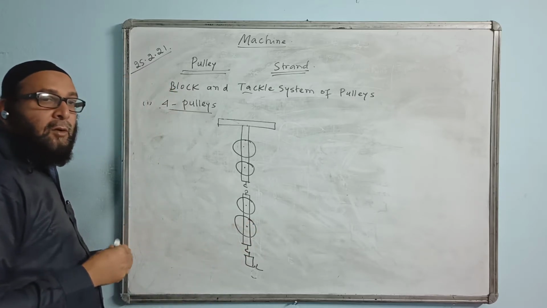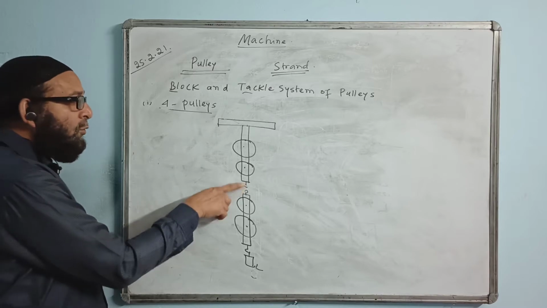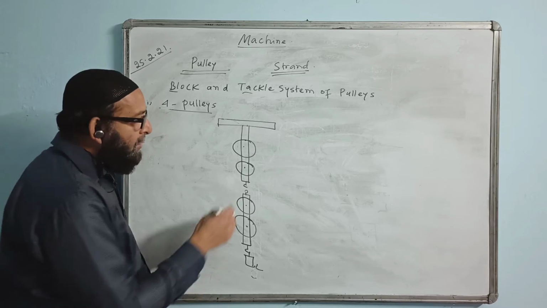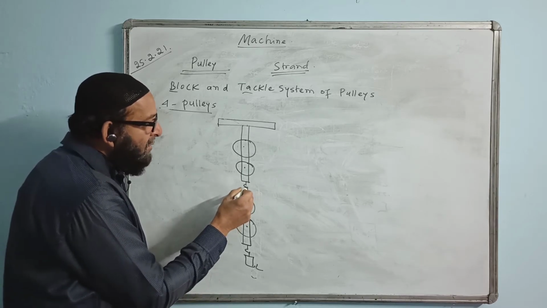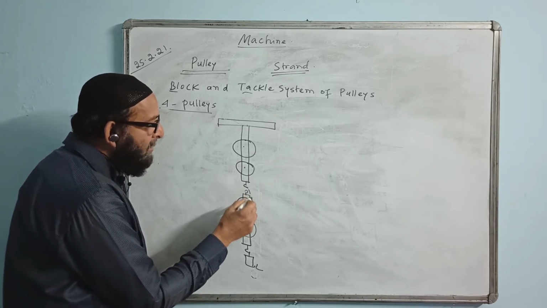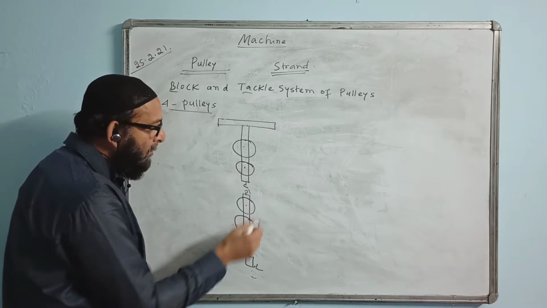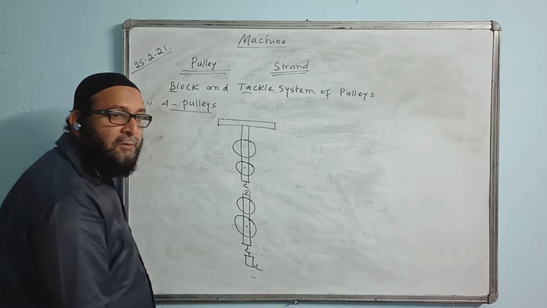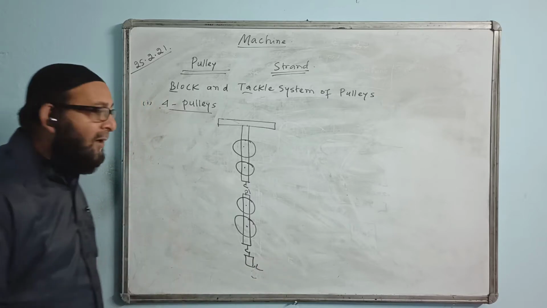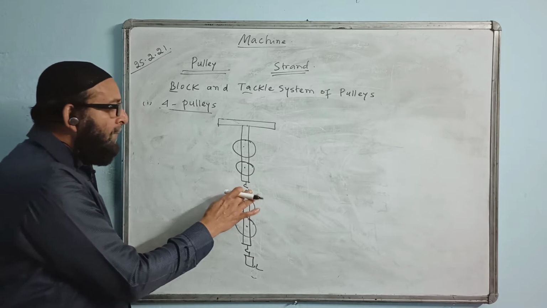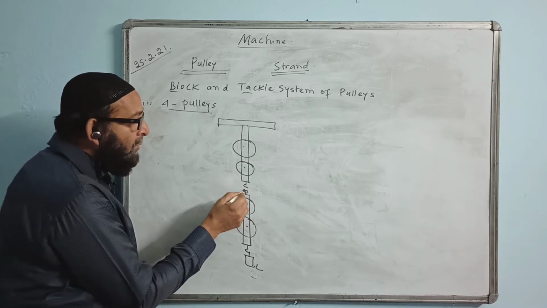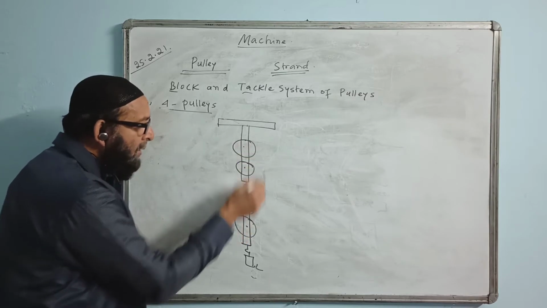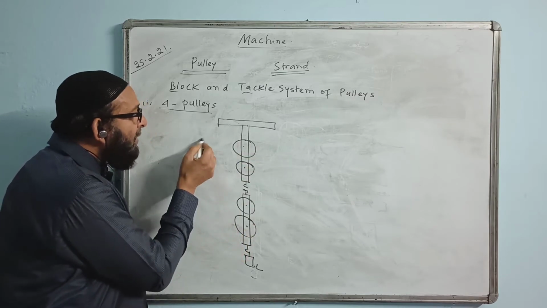Now let us check from which of these 2 hooks we should connect the strand to tackle all the pulleys. If I start from the upper hook, just see, it goes like this: one drawn, and it goes in the downward direction. It is fine. So that means we can tackle all the pulleys by a single strand if I start from the upper hook. If I start from the lower hook, let us see whether it is possible or not. One rod I will give, and the effort will come in the upward direction.